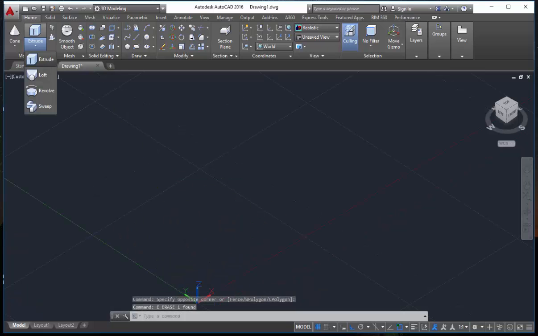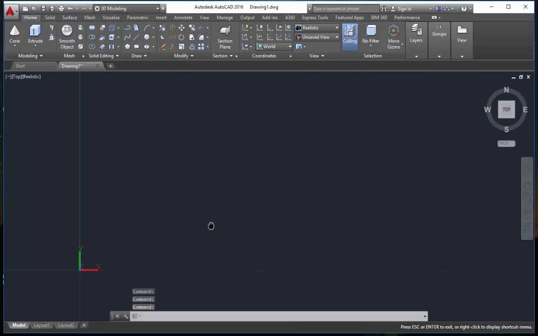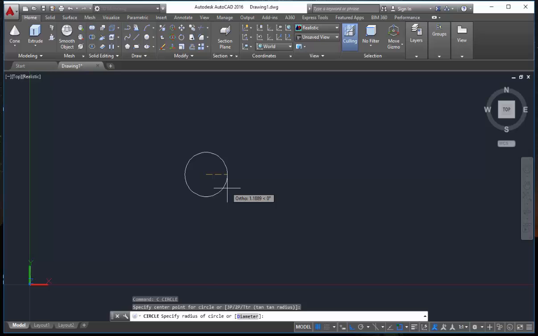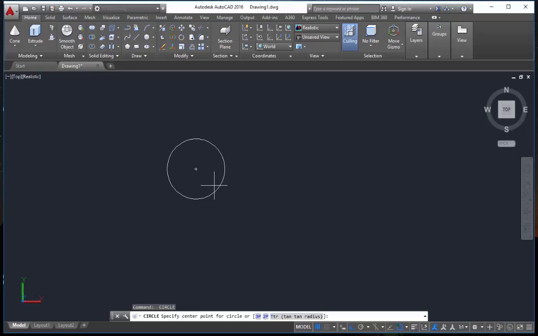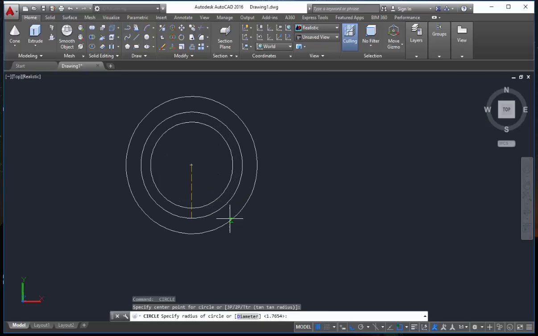So next after extrude, you have loft. Loft is used if you want to create an irregular shape of an object. In top view, I am first going to create the profile of my loft. For example, if I am creating a flower vase, I will use a circle first and consider this first circle as the base of my vase. Later I will draw the body of it, a little bit bigger than that. Next, coming to the neck portion, it will become smaller.